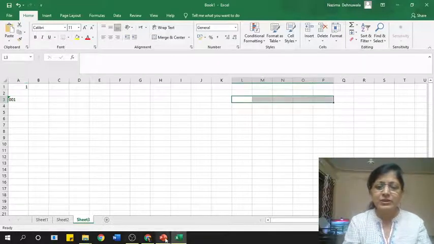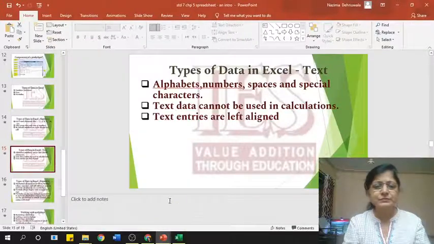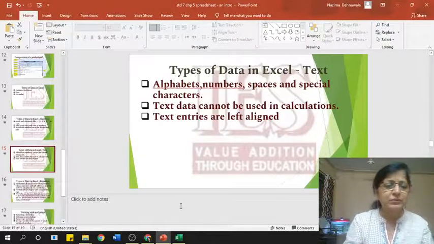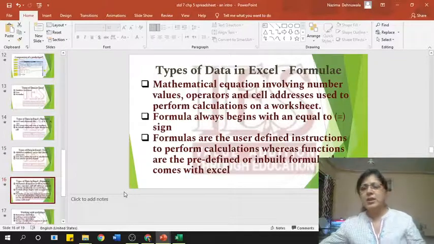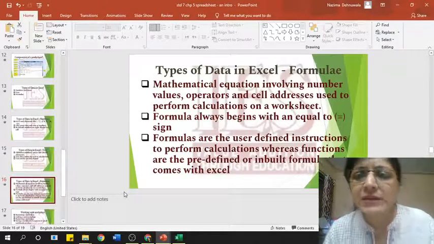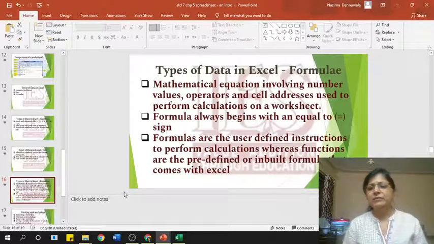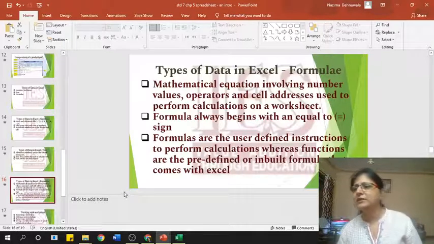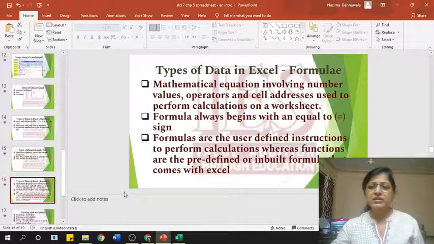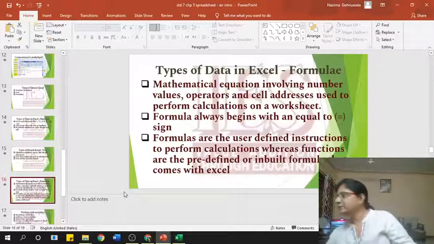Now coming to the next part. Formulas in Excel: whenever you type a formula in Excel, you are supposed to always begin it with the equal to sign.